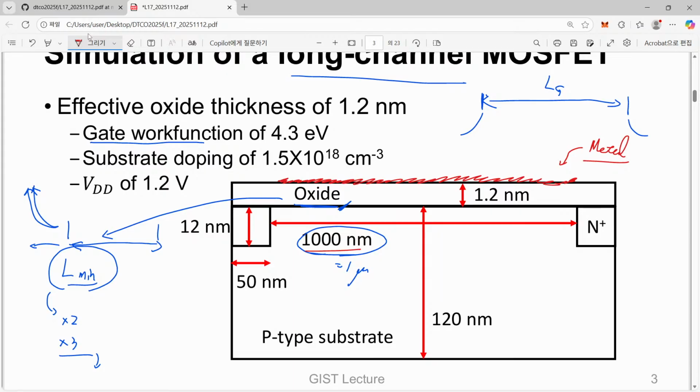And the substrate, where is the substrate? The body of our silicon is the substrate, and it is p-type doped, with a doping density of 1.5 times 10 to the 18 per cubic centimeter. You may feel, oh, it is on the order of 10 to the 18. Yes, it is quite high compared with state of the art devices. We have a much lower doping density for even more advanced